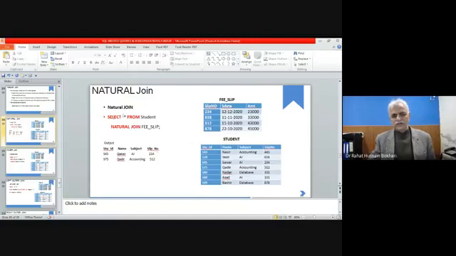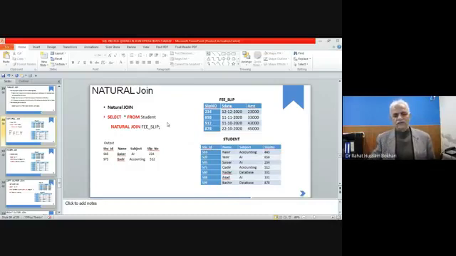You just have to write select star from student natural join fee slip, because you are using two tables, student and fee slip. If you recall what you have learned in the natural join, we do a cross product, and after that we apply the select statement, and with the select statement we say that both are equal.